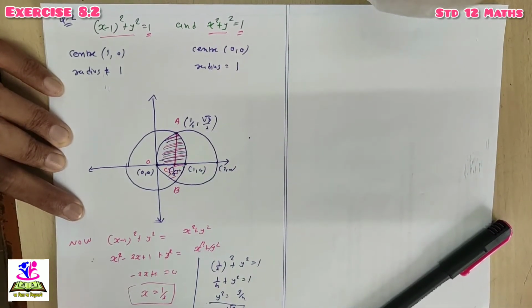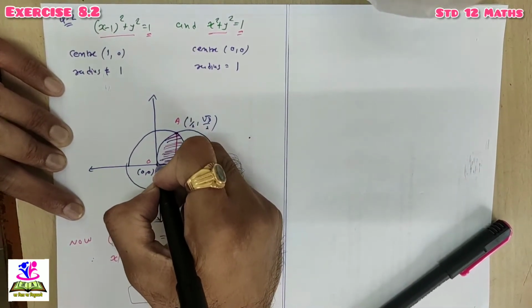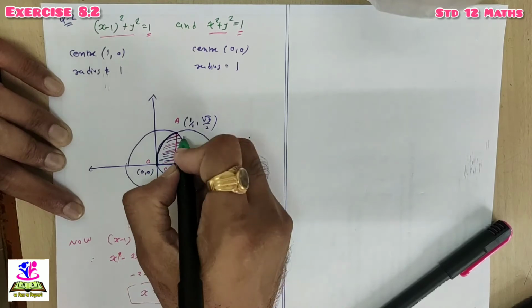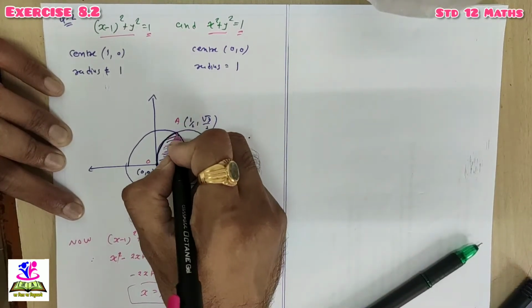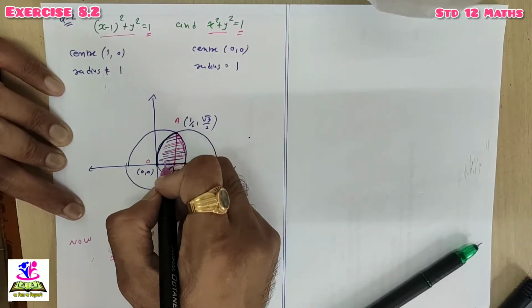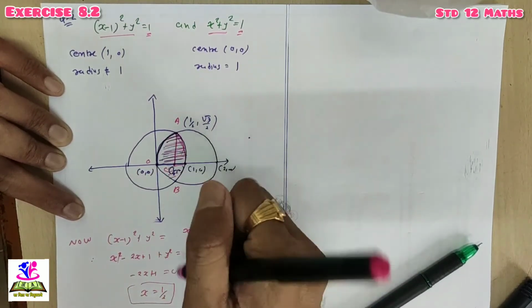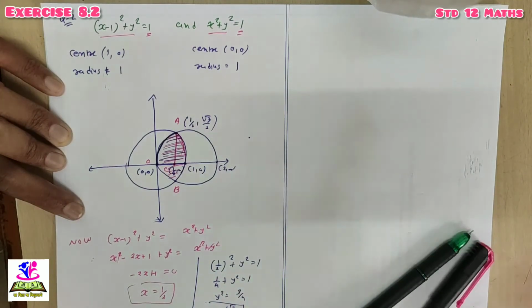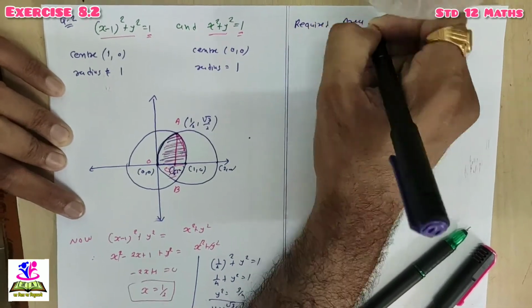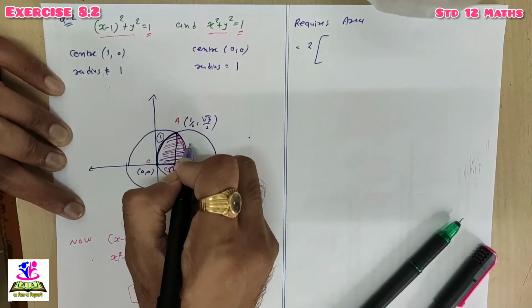Done. So we have to find the area under these two curves. The first curve is from here to here, see the region shaded with green color. And the second curve is from 1/2 to 1. Done. So the area under these two curves will be the area of region OAC, and we have to double that area, so we'll get the area under these two circles. Clear? So the required area will be twice the area under this curve and the area under this curve.